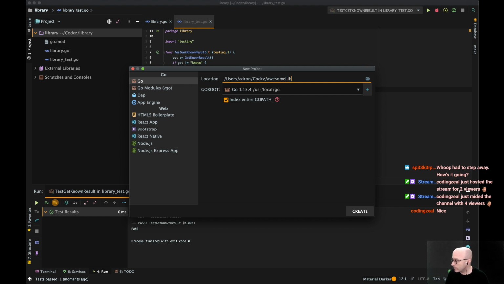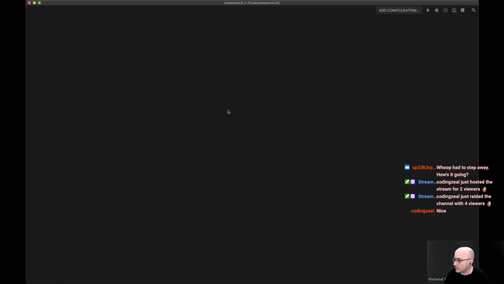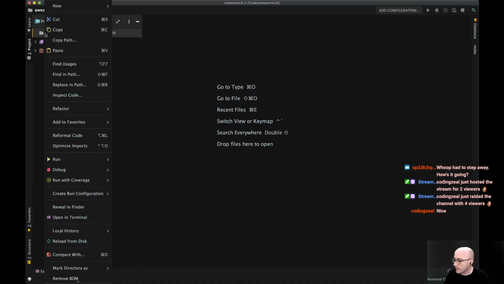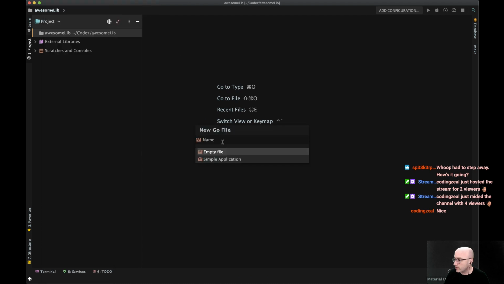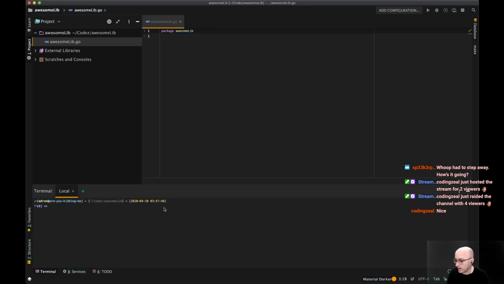awesomeLib library. Okay, so these are the steps. You create a project, and I'm going to do it in a new window, and then you create your Go file. You need to create your initial Go file at this point. So let's just call this library, awesome library, right? And then you can actually create your mod file. go mod init,